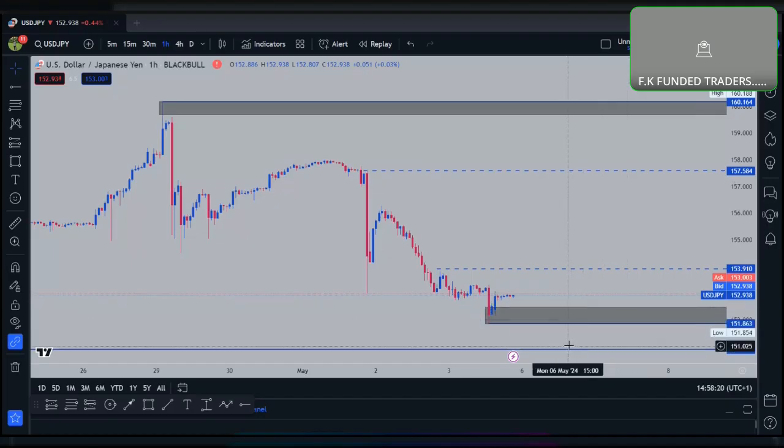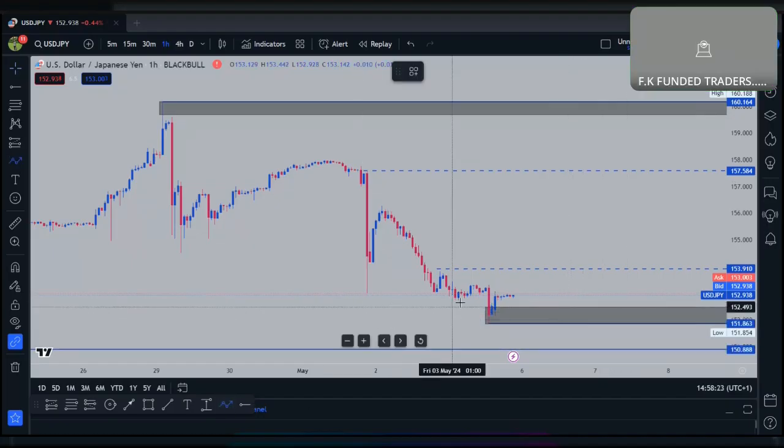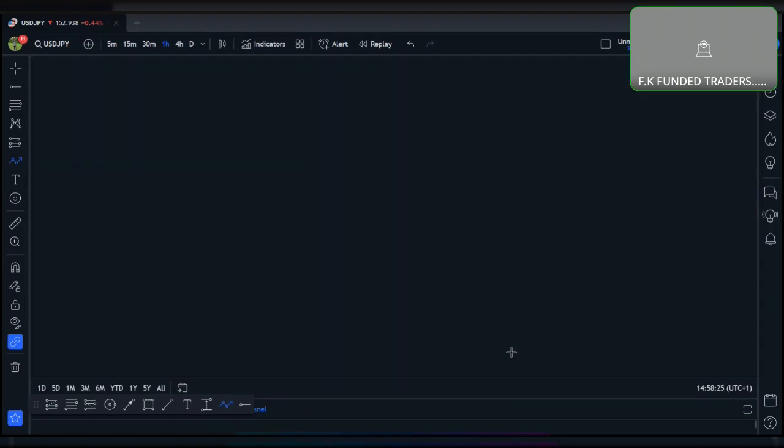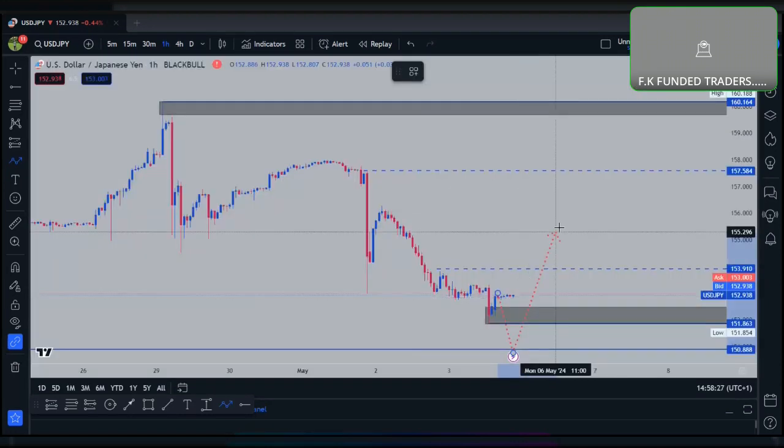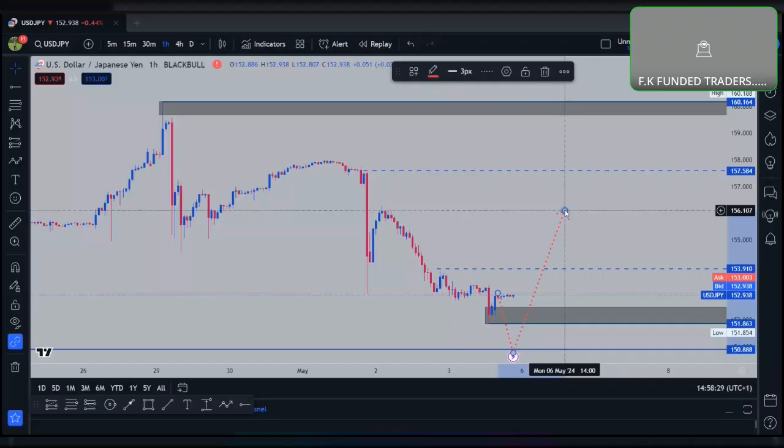What I mean is that we might expect the market to come and play from here, then push back upwards. Right, together. If it is to buy, indicating that if you have to take trades from here, you have to increase on the stop loss, or you wait for the market to reach that given area. That is only if the market starts, or only when the wick opens, when we are selling.